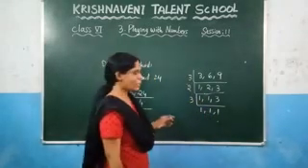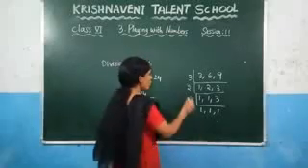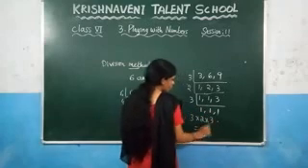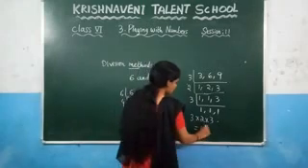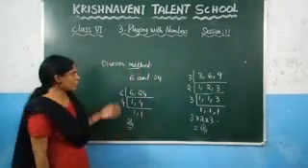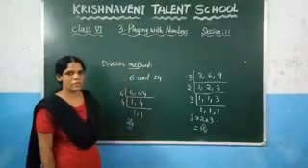Like this you need to find. Now you make the product of these values so that you will get the LCM. So what do you get? 3 into 2 into 3. So what is the value of this one? 3 3s are 9 and 9 2s are 18. So this is the LCM. If you are given any numbers, you can find the LCM like this by using the division method.